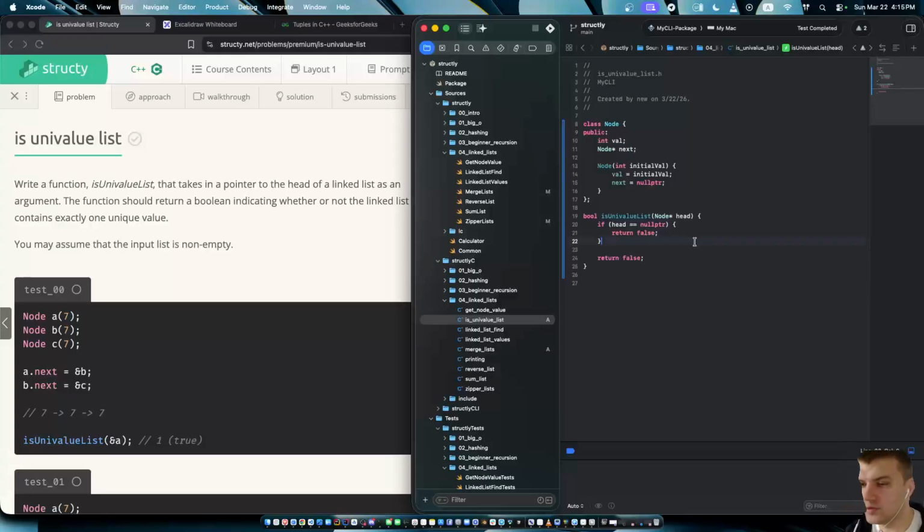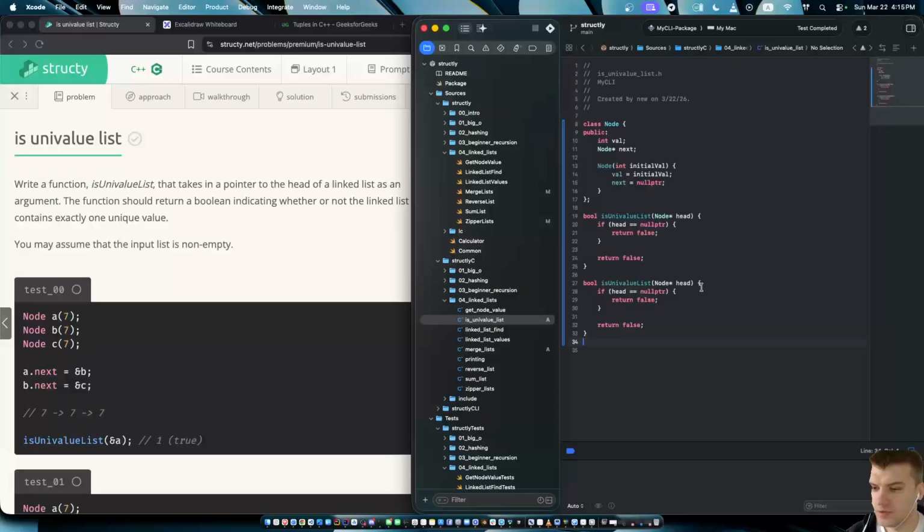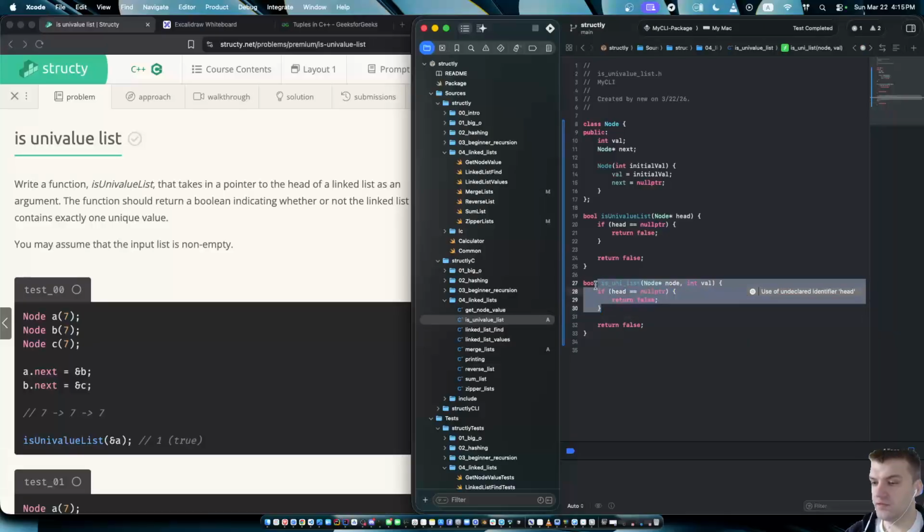Okay, whatever. I'm just going to create a helper function, isUniList, node and int val. If node is equal to null pointer, I'm going to return true, and then